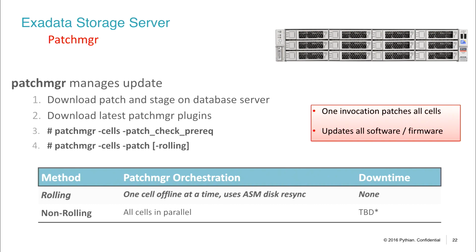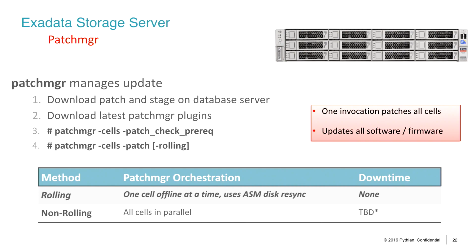But the very good thing is that there's not going to be downtime when you're executing your upgrade. In a non-rolling, all cells will shut down, and it's going to be a faster upgrade